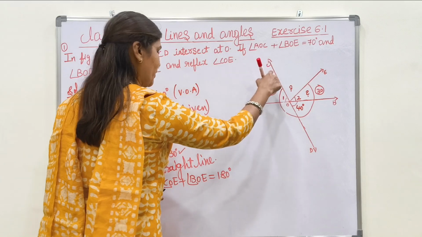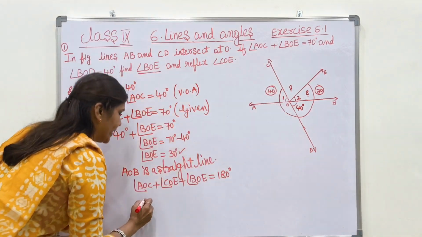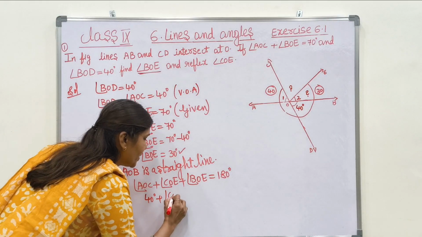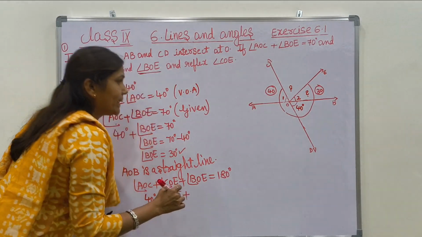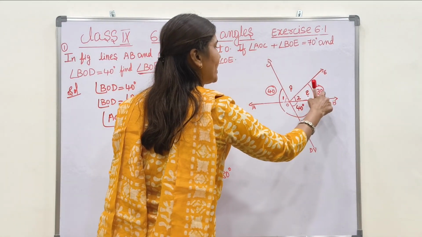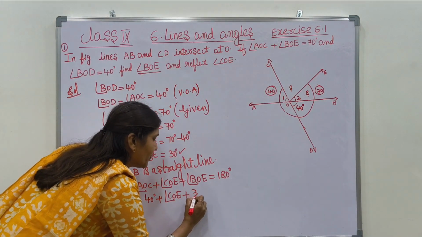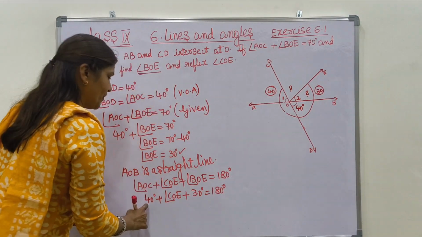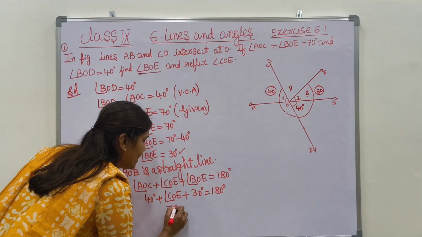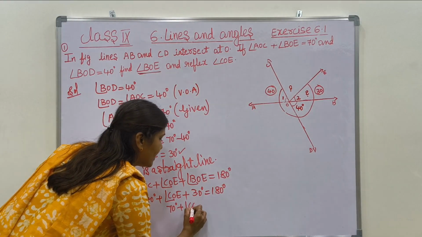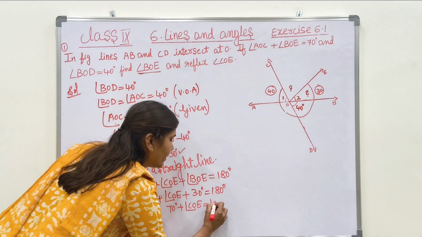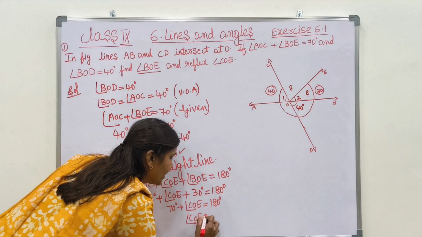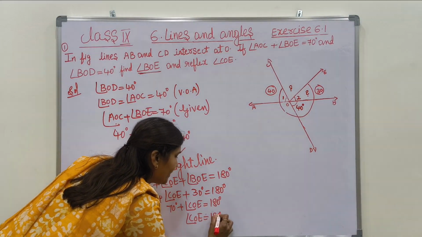Now, which one we know that we can apply? We know the AOC, 40 degrees. Now you write here 40 degrees. Next, this one we don't know, COE, like this only. Next, BOE, how much degree is there? 30 degrees. Now you can write here 30 degrees is equal to 180 degrees. 40 plus 30, 70, plus angle COE is equal to 180 degrees. So now angle COE is equal to 180 degrees